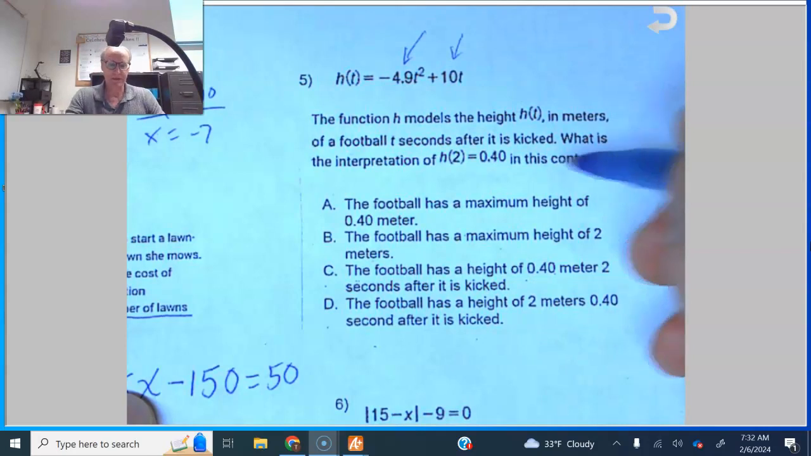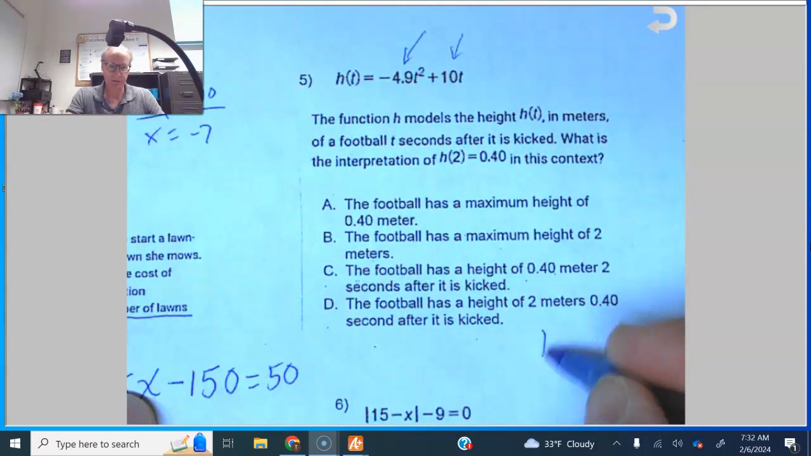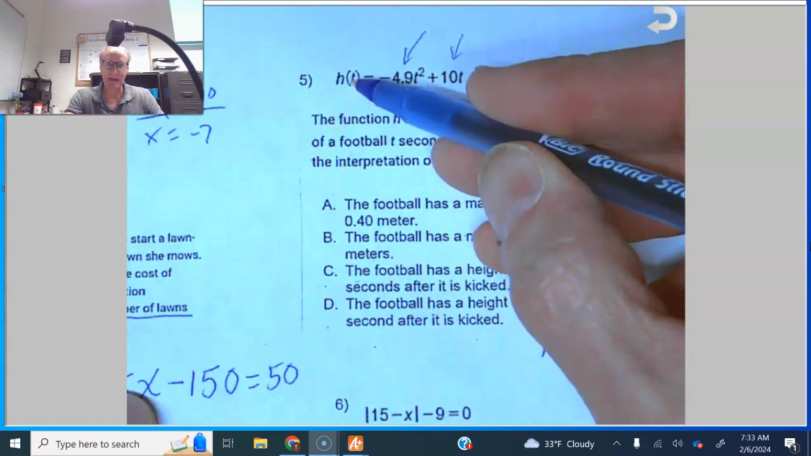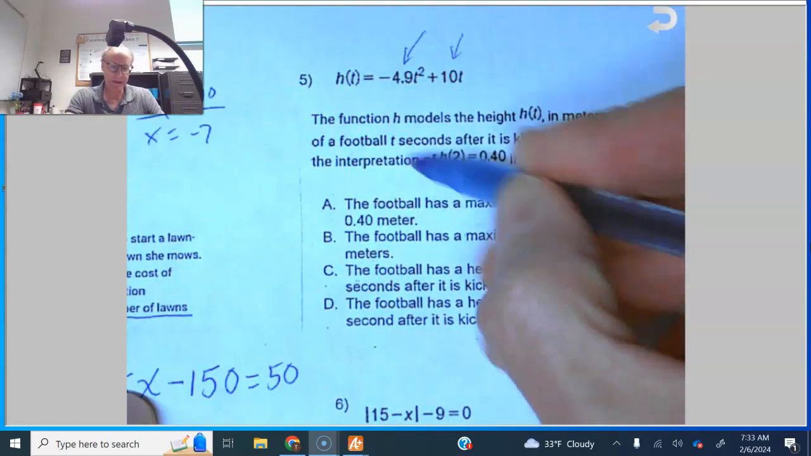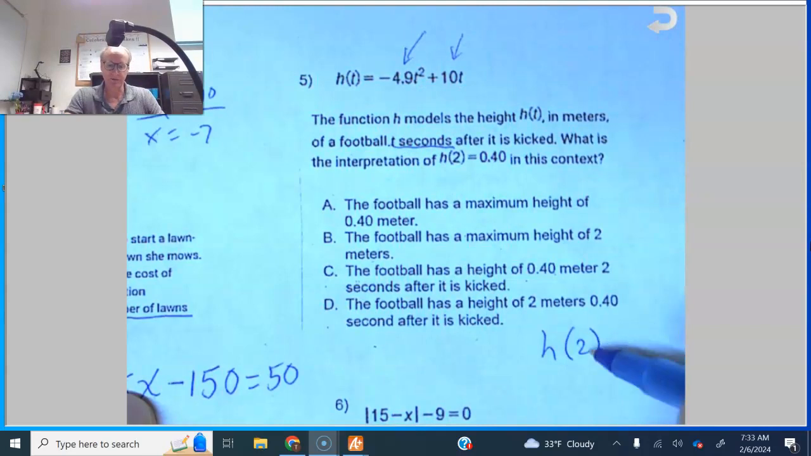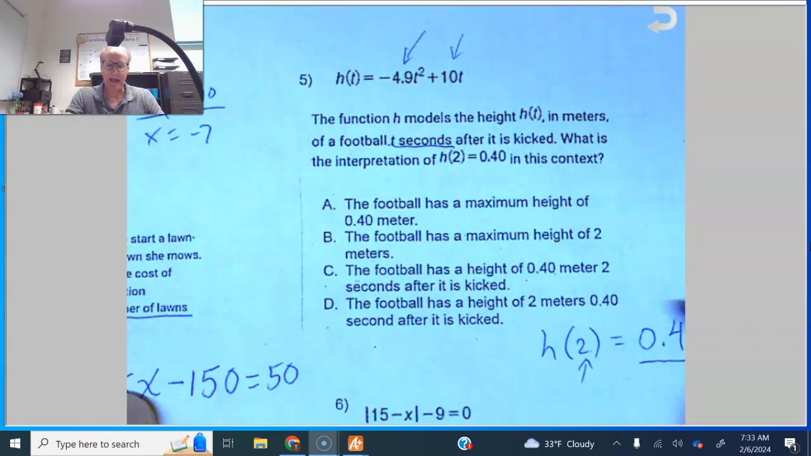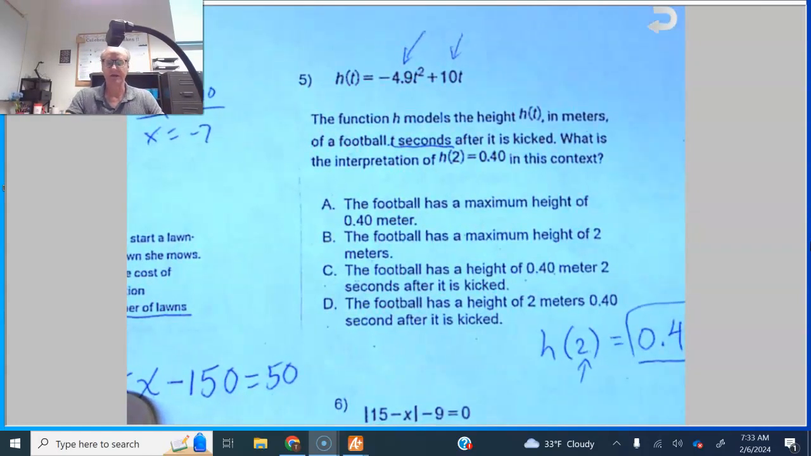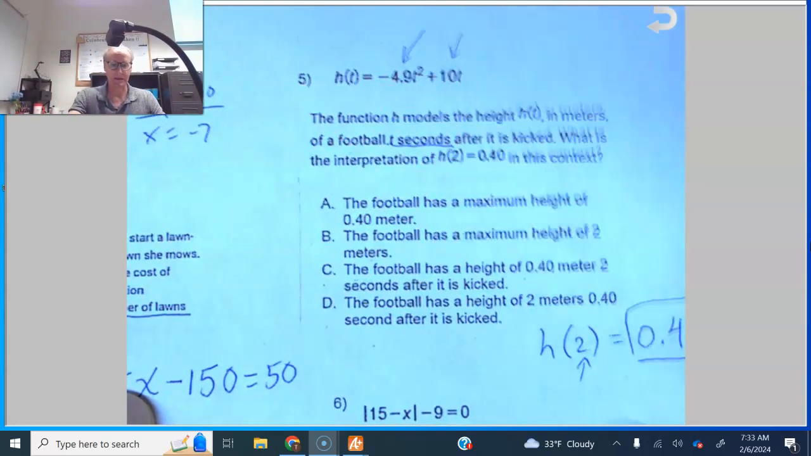This is the upward force on the kick. What is the interpretation of h of 2? Well, recognize that 2 is the time in seconds, t seconds. So 2 is 2 seconds, and we want this to be 0.40 is the height after 2 seconds. And you can find it on there. This is going to be the height of the football after 2 seconds. It's probably going to go up and then come back down again. Anyway,